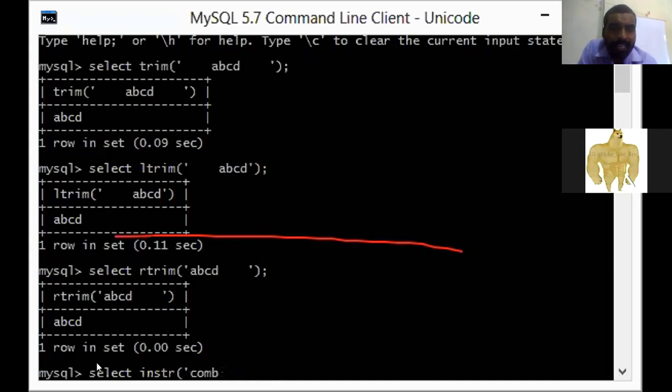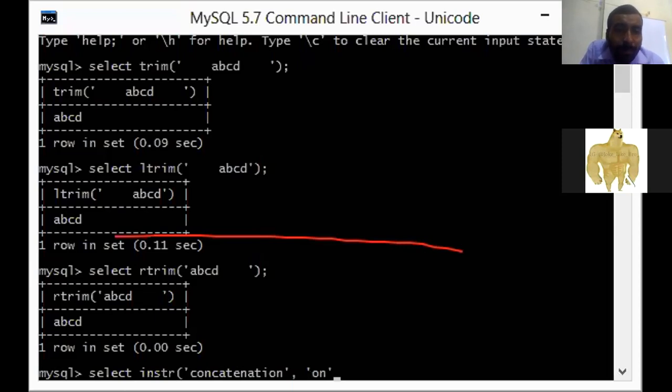Or I write concatenation, any other text. Concatenation. Okay. Then write another text whose index you want to find. In this string, the index of which text you want to find. Suppose I want to find the index of ON. Now you can see ON is coming two times in this text. One is near the C and another is near the I.